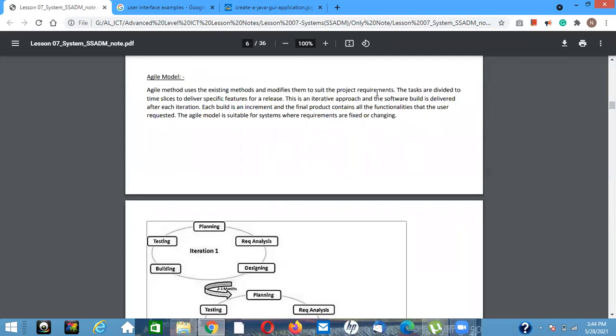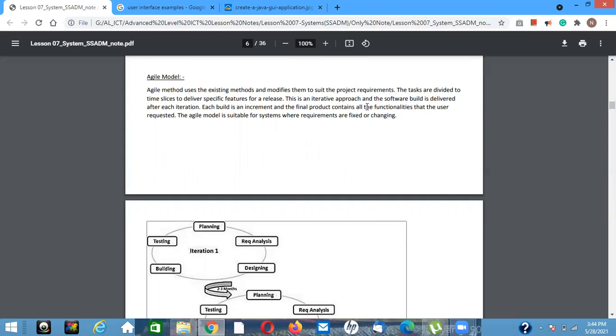That means we cannot exactly say that this is the agile model. They can use any existing model, and they modify that existing model in order to suit the present project. The tasks are divided into time slices to deliver specific features for a release.